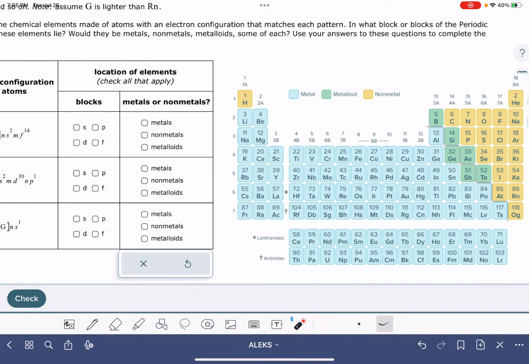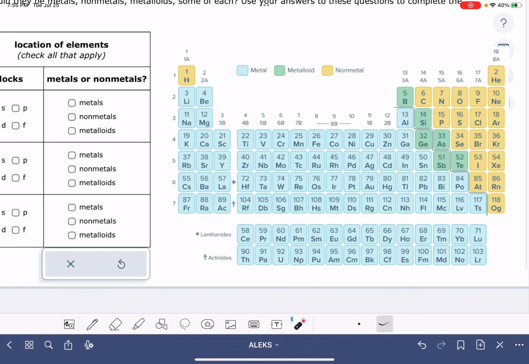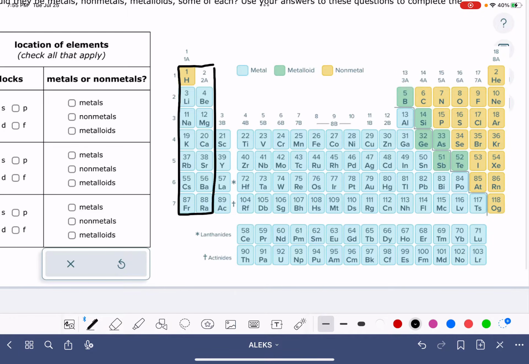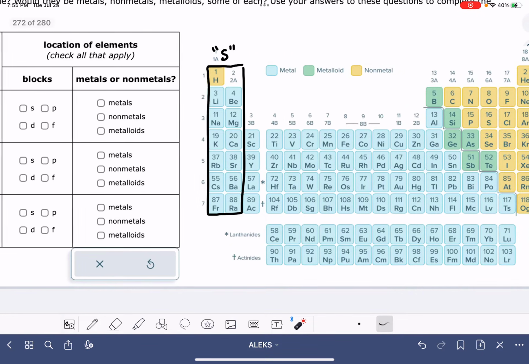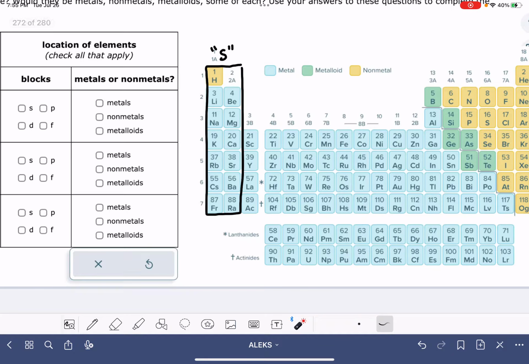One of the things that we're going to be doing on this problem is identifying the block location of elements. And so I want to start by marking up this periodic table to identify the different block locations. This is terminology that we use when we're talking about electron configuration. The elements that are in the first two columns on the periodic table are sometimes referred to as belonging to the S block. So when we're looking at a question like this, it's asking you in what block is the element located. All of the elements in these two columns are said to be located